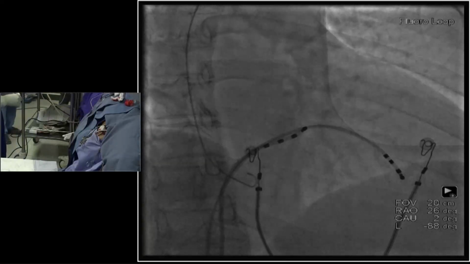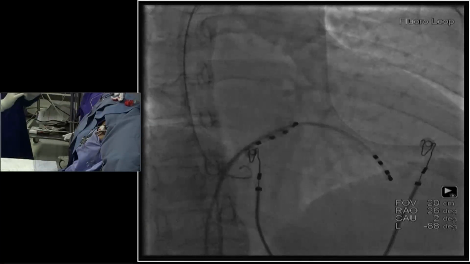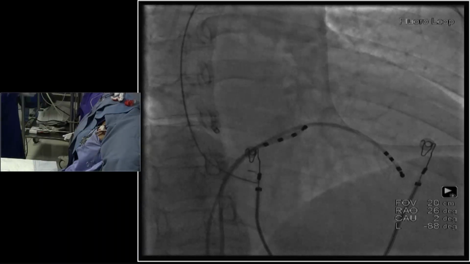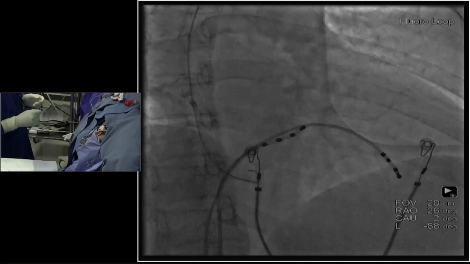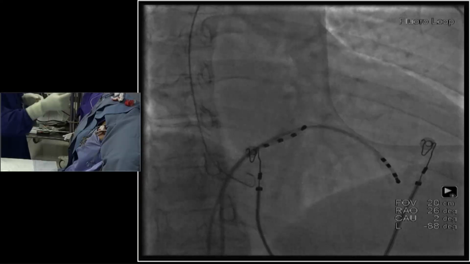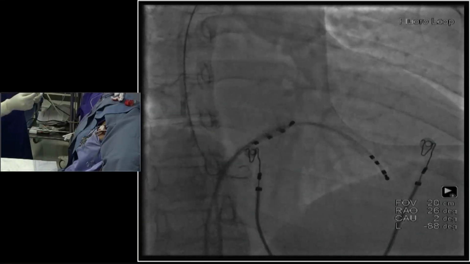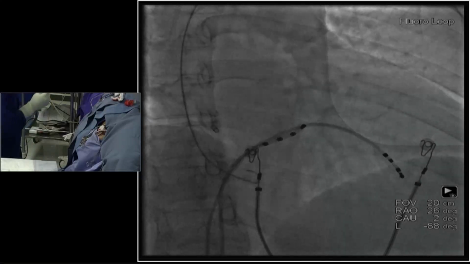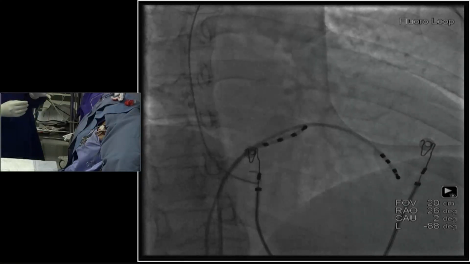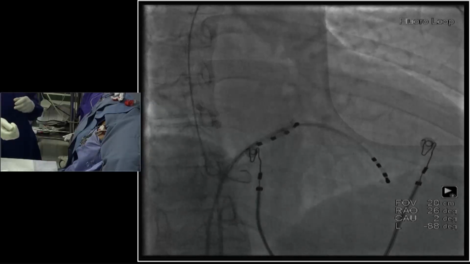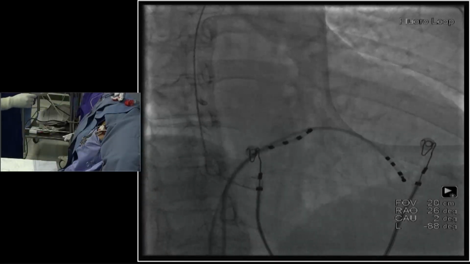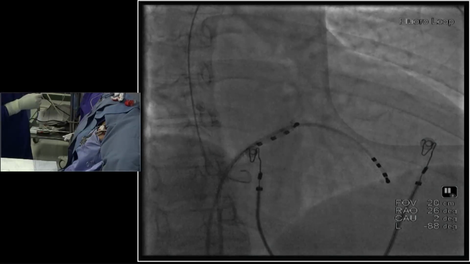Enter into the right atrium, and then you can go slowly into the right ventricle. Another way is to put the 035 wire directly into the right ventricular apex. Then you can pull back the wire and dilator, and the sheath will be in the right ventricle. So both ways are good. Either you can go from right atrium to right ventricle, or go to the RV apex and pull back and reach the target area.